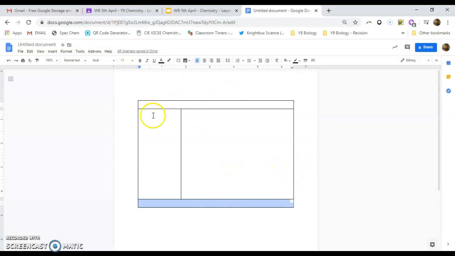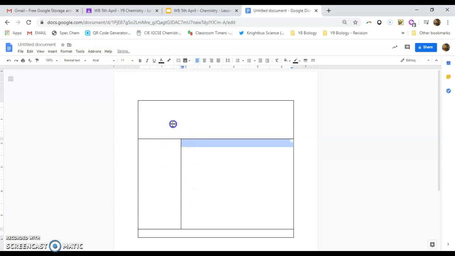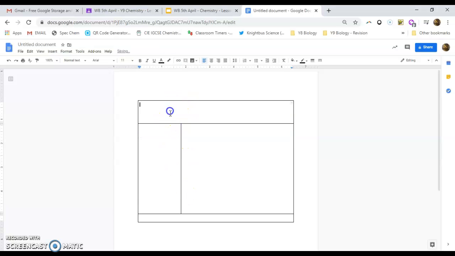Now each of these will need to be on a separate page, so the second page will need to be like this. After you've stretched this out, you're going to put your name, your title, today's date and the page in this section over here. Your keywords, your key questions should be in there. So I could put something like